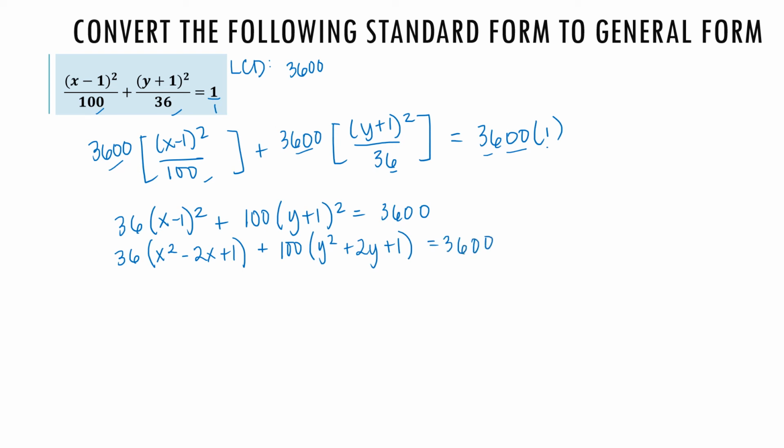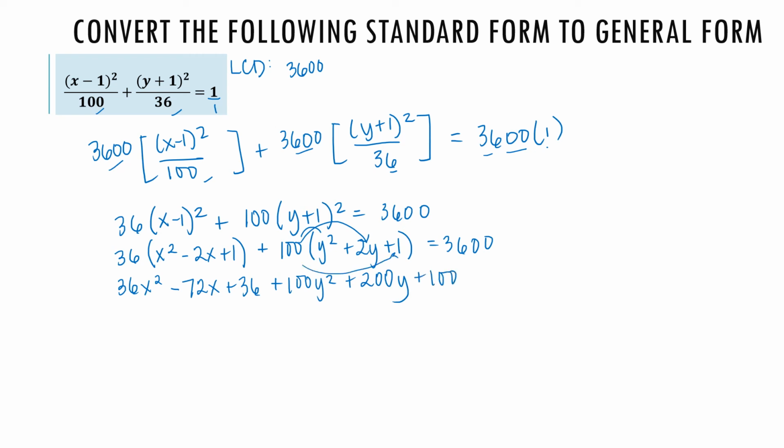Distribute 36. So we have 36 times x squared minus 36 times 2 is 72x and 36 times 1 is 36. Distribute 100, y squared next plus 200y